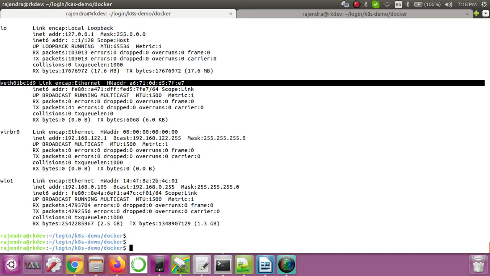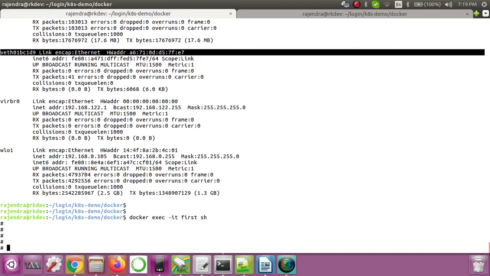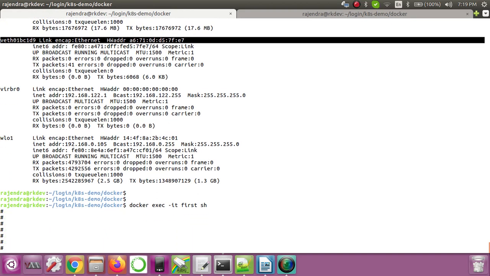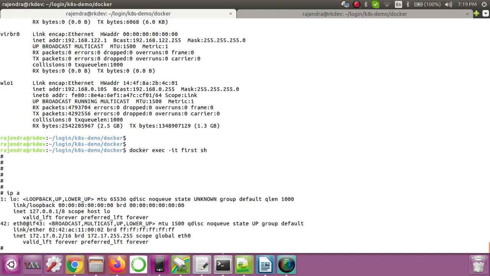If you want to see that, we can log in inside the container. How to log in inside the container? The docker exec command is there, -it for interactive shell, and then the container name, and we can open the shell with sh. Now you can see that we are inside the container, and to see all the interfaces you can use the ip a command. Now you can see that the eth0 interface is there, and the IP that got assigned to this interface is